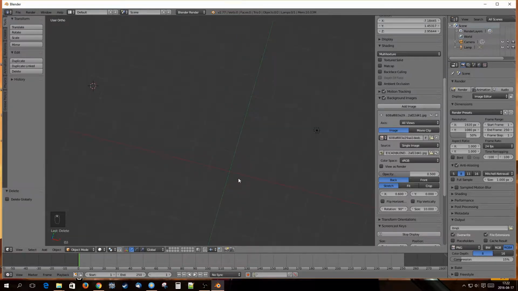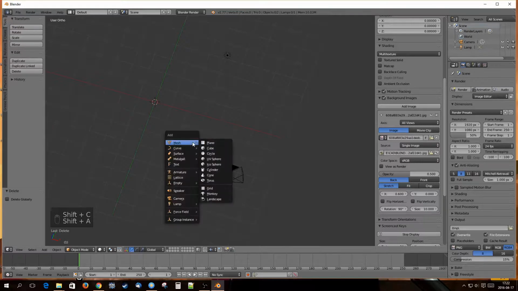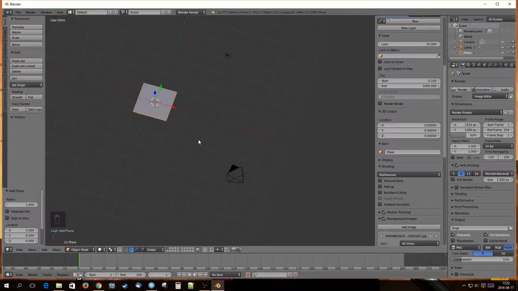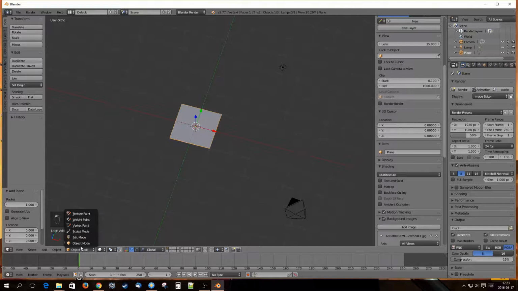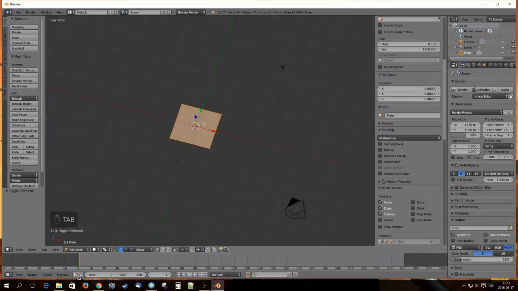So first I need a plane. I want 3D cursor to be in the center, so I press Shift C, I press Shift A, mesh, plane, and I want to go into edit mode. Right now I'm in object mode, so I right click to select the plane, press tab to enter edit mode,